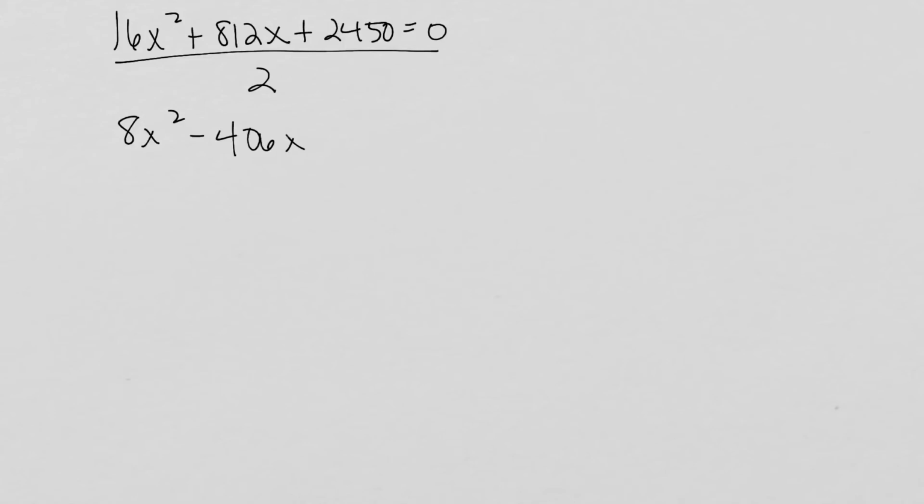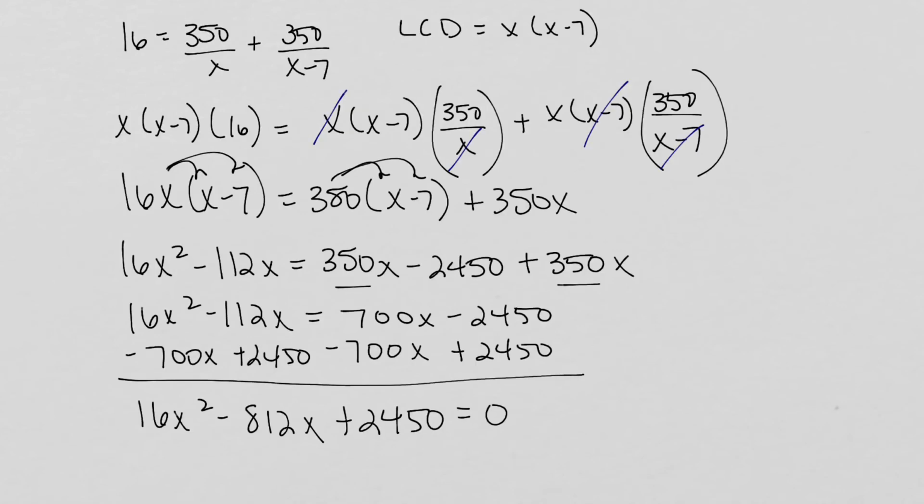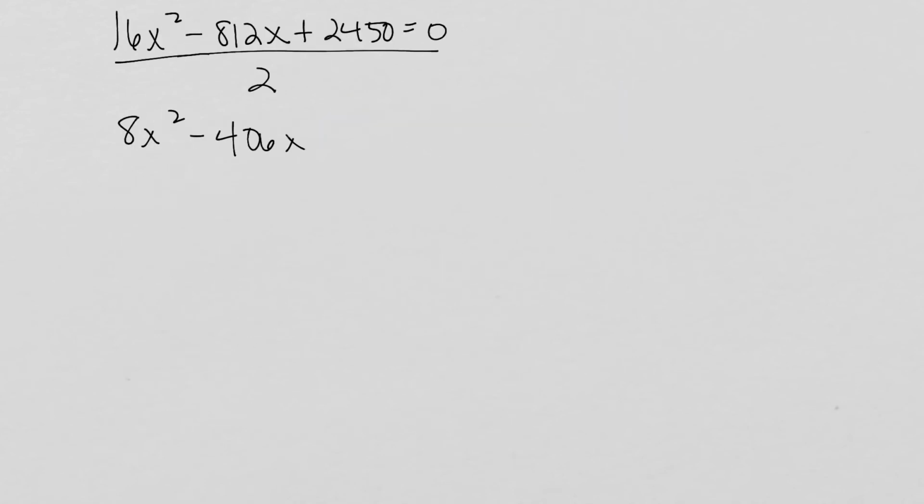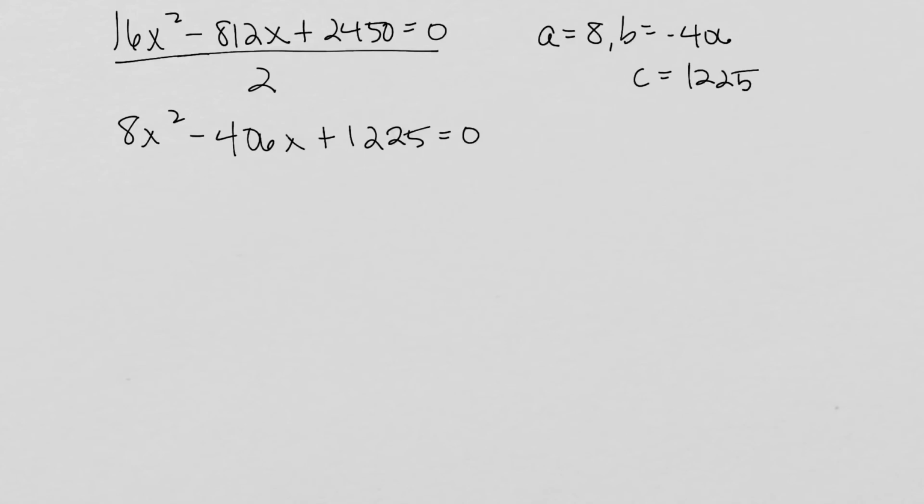406x, which when I transferred that, I did that wrong. This should be a negative, I'm pretty sure, negative 812. Yes. Okay. So 8x squared minus 406x plus 1,225 equals 0. This is going to give me a equals 8, b equals negative 406, c equals 1,225, which means x equals